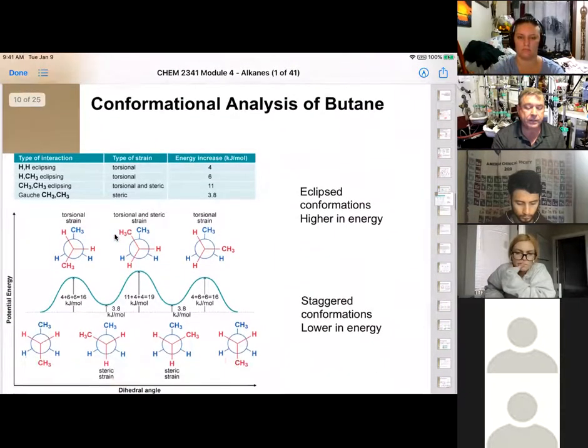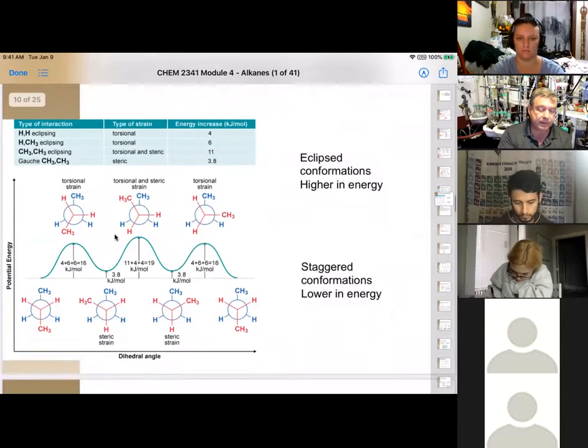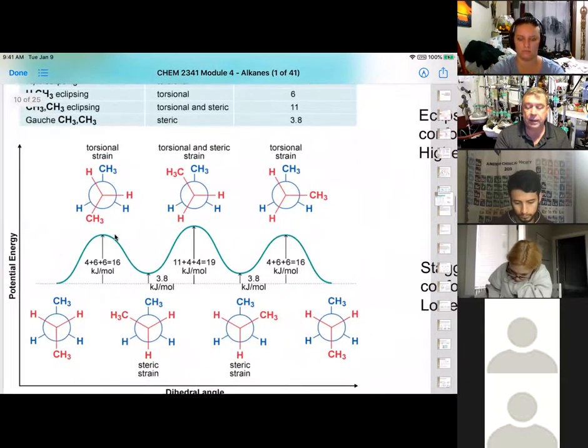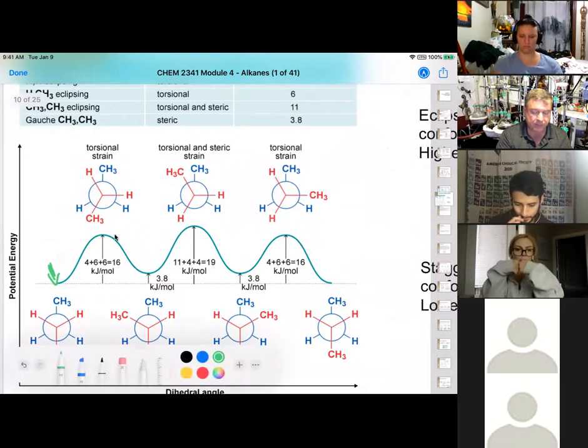So if we did this on a map and looked at the energy difference, the energy difference would be different because we never go all the way back down to zero, because we always have a larger group than hydrogen in our system, and we have to account for that. And so if we do that analysis and look at where we're starting in our anti-state here,